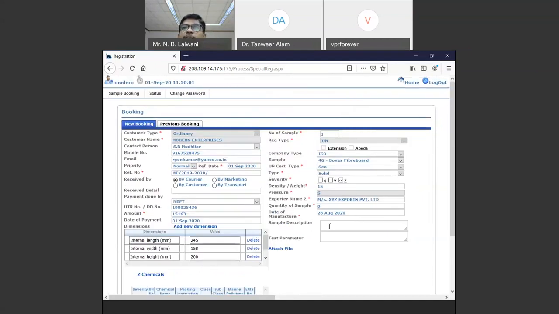Now the sample description. If you see your certificate page, there is a certificate issued. On the certificate page, you will find the description of the package. The same thing you have to mention here. Let's say 7 ply, small box. You can mention